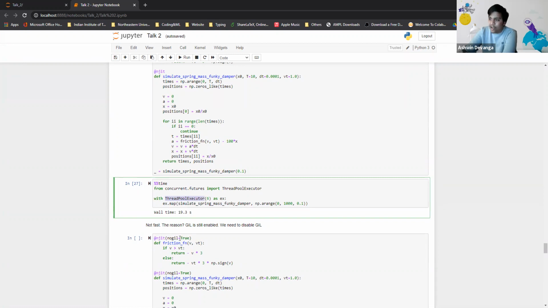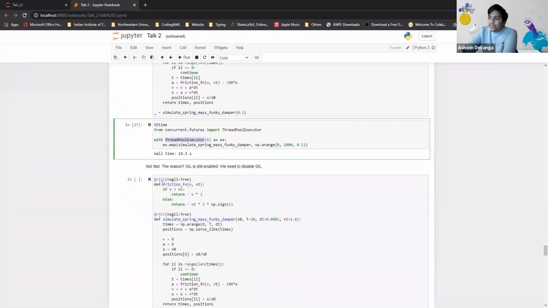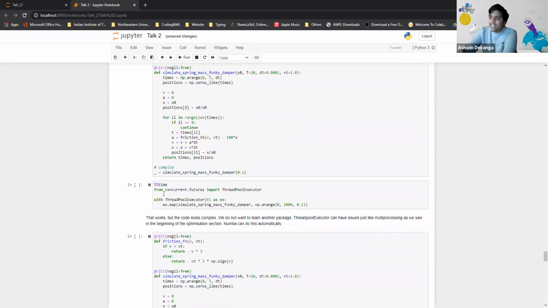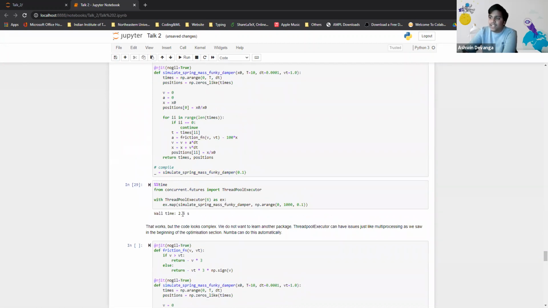GIL is unlocked. So using NJIT again, we can just specify that it is unlocked, and if we run this script, we see that the time is much lesser. It just took 2.5 seconds instead of the expected 10 to 20 seconds, which we calculated on top. So these methods are